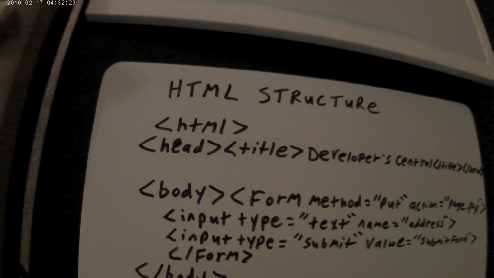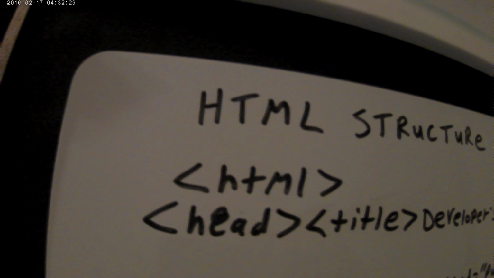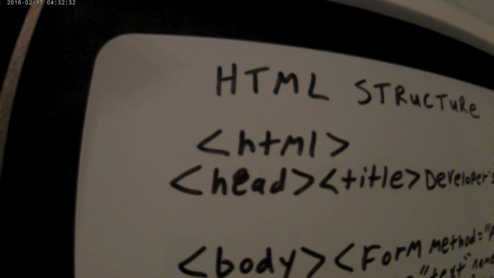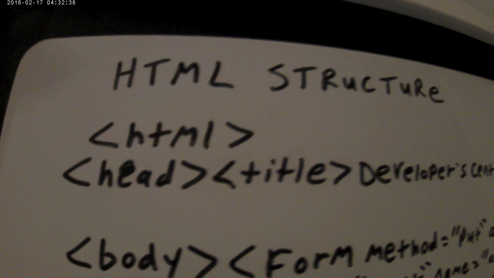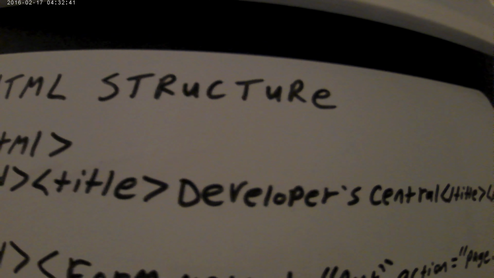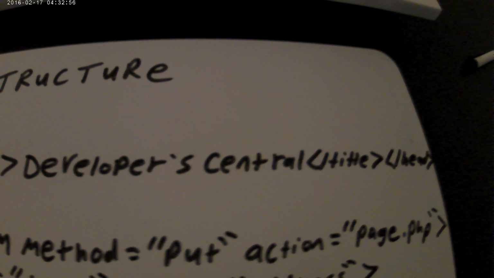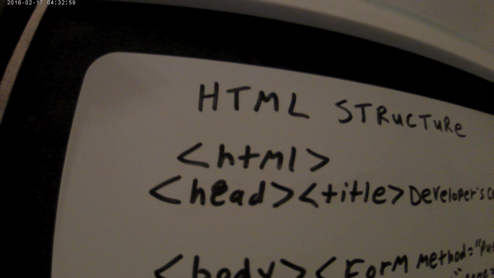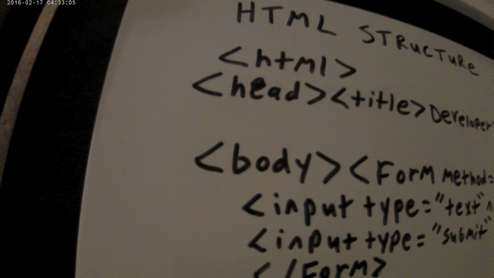The first tag that you're going to see is the HTML tag. That's the tag that's immediately on top, followed by the head tag. And right behind the head tag is the title tag. And then you can insert the title of your web page. In this case, it would be Developer Central. And right after the title tag, we have a closing title tag. And we have a closing head tag, and both of those tags are nested within the HTML tags. And the next tag we have is the body tag,